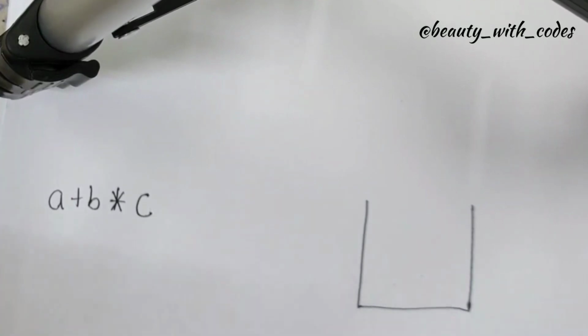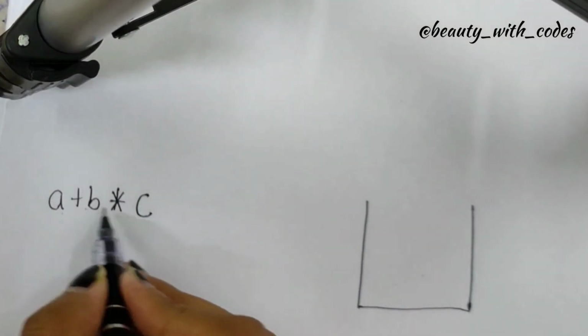Okay, and second one, when the stack is not empty, then we'll check if the operator already present in this stack is of less priority than the operator which we are going to push. Then we will push, otherwise no. Okay, so don't worry, you will understand everything by seeing examples.